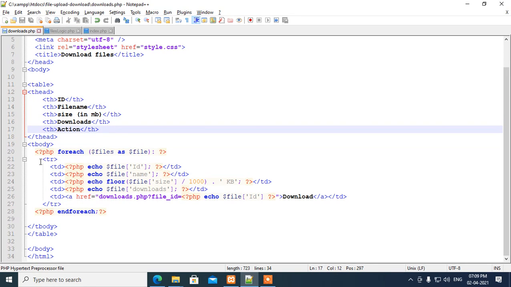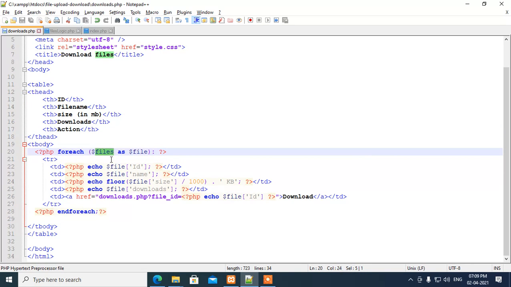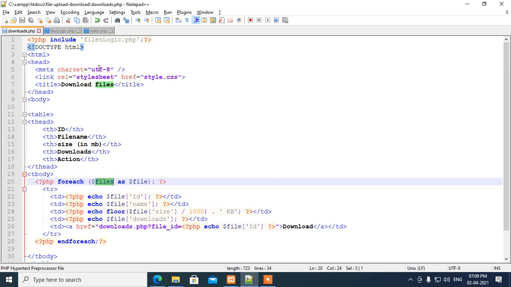Then after, in the table body, I fire a foreach loop, over files as a file. Where does this variable come from? You can find that this variable comes from the files logic file.